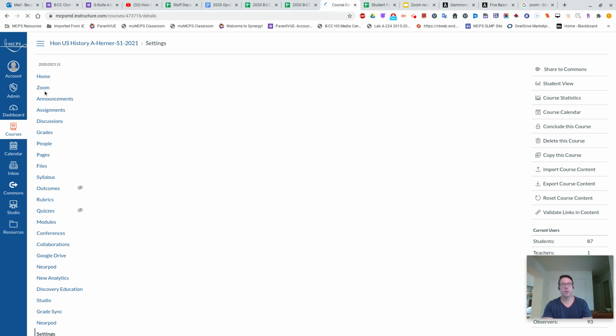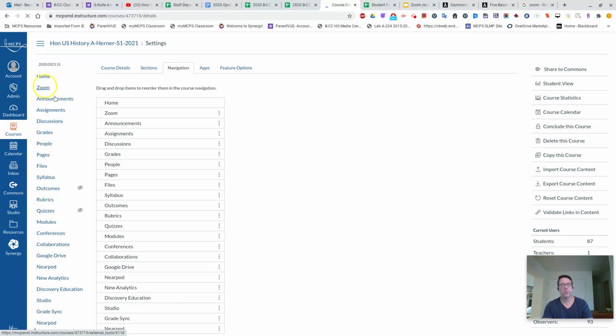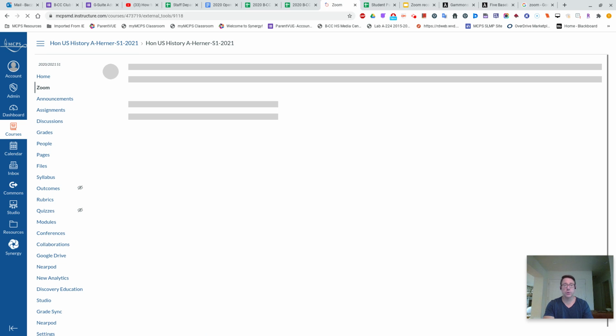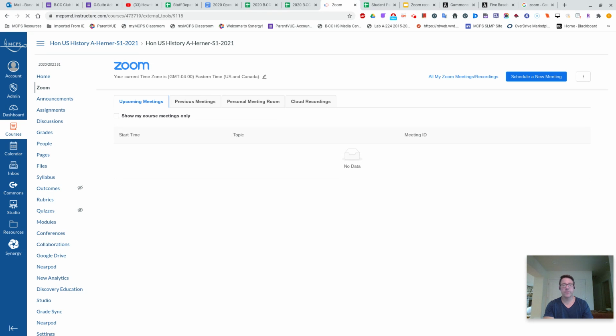All right, so now we've got Zoom in our menu. We had it there before. And now when you click on Zoom, you're going to see those scheduling options and the cloud recording. So your students would click on Zoom if they want to see a cloud recording. If you want to schedule one, you're going to click on Zoom. You're going to click on Schedule a New Meeting, and it's going to be just like you did when you manually did it under